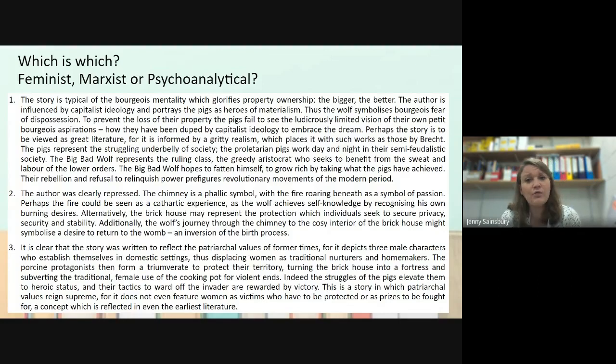And then finally, number 3 is an example of a feminist interpretation. We've got the keyword patriarchal, but then we've also got that continued discussion of women, female, the idea of the hero versus the sort of the damsel in distress who needs saving, and the patriarchal values reigning supreme there. The idea that the male character, the overtly male character, is dominant even at the end of the story. So hopefully you got 3 out of 3, and hopefully you can see that from one text we've been able to explore lots of different ideas.